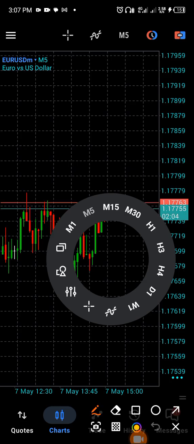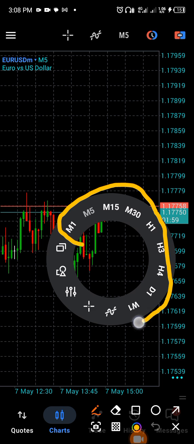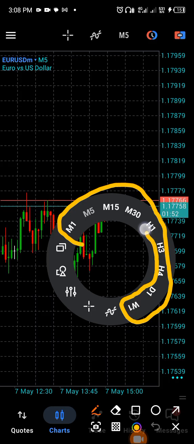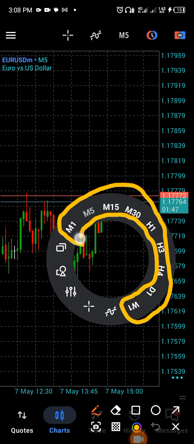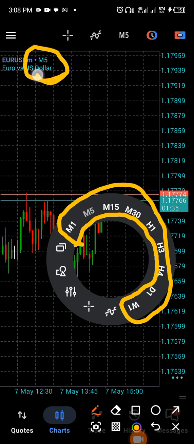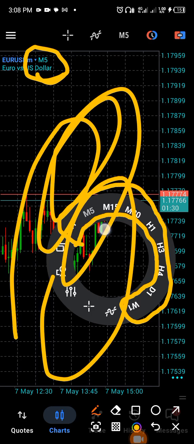Now on this circle, you have time frames. Okay, time frames: this W1, week 1, D1, day 1, H4, 4 hour, 3 hour, M30, 30 minute, 15 minute, 5 minute. What you have here is a list of charts. Currently, if you see up there, you're looking at M5. So this current chart here is an M5 chart,